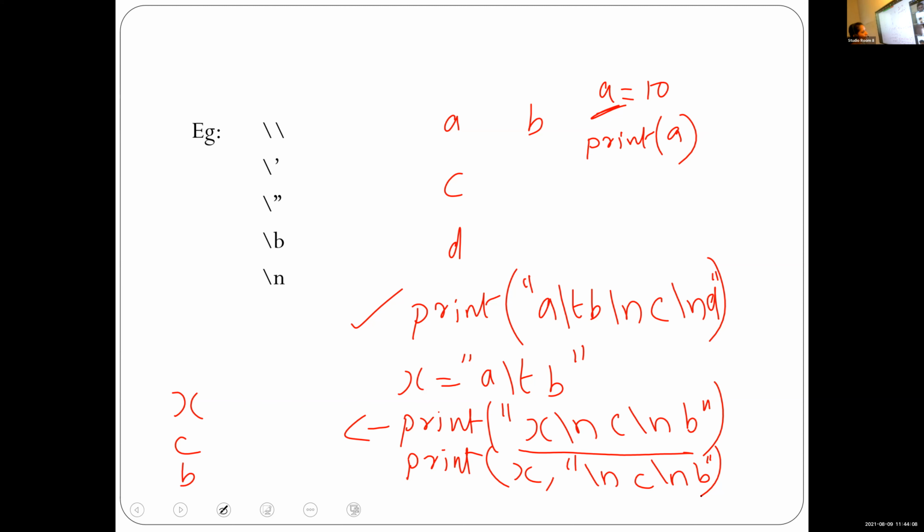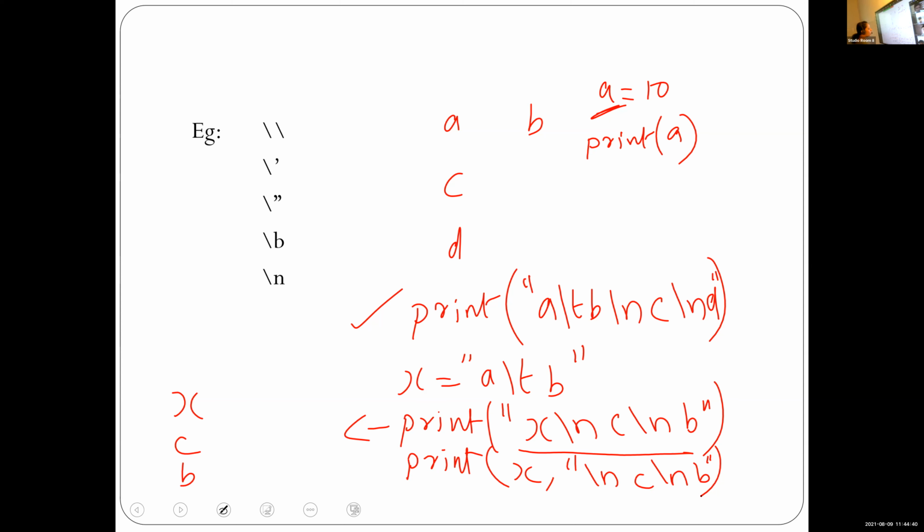Okay, is it clear? If I want to print the content of a variable, write the variable name without double quotes or single quotes. If I write a string within single or double quotes, it will just be like a message. It will just print the same sentence. So if I write x within double quotes, x is displayed, not the content. If I want to print the content of x, use x without double quotes.